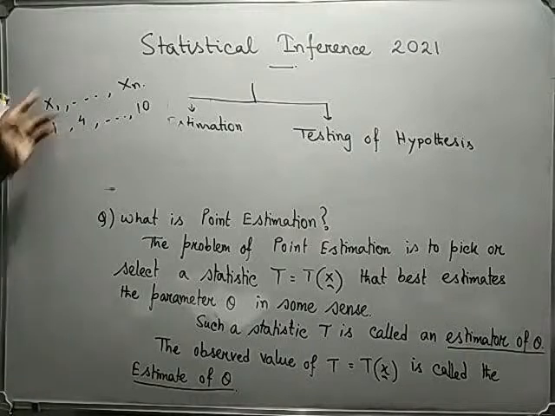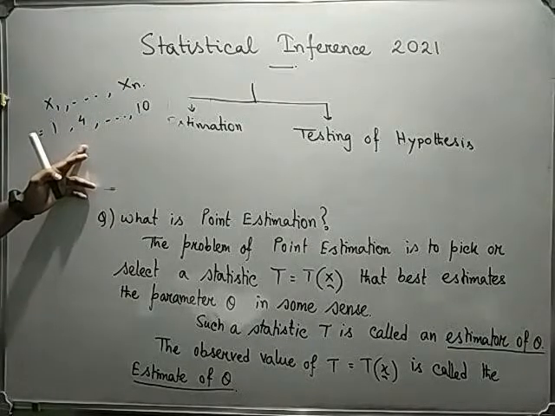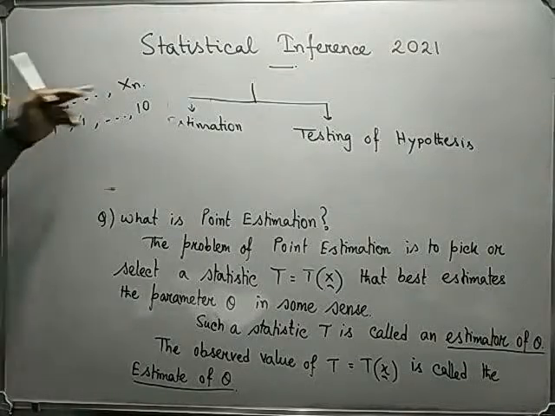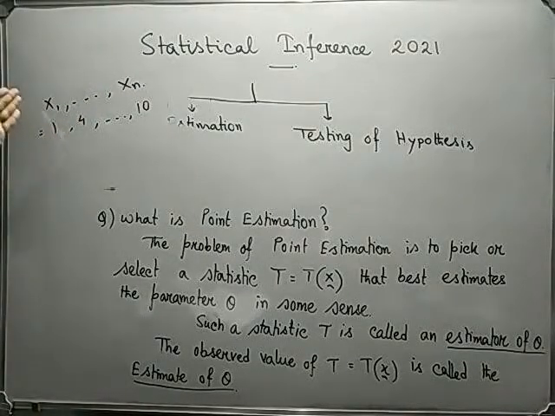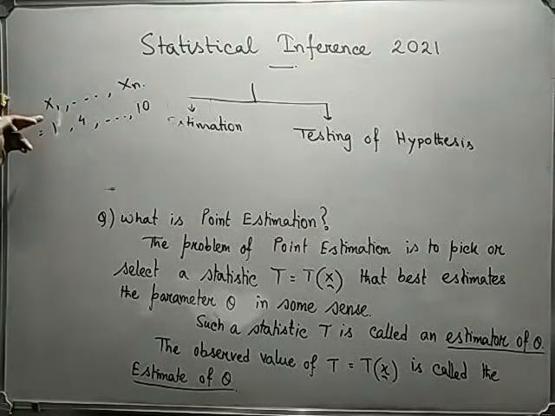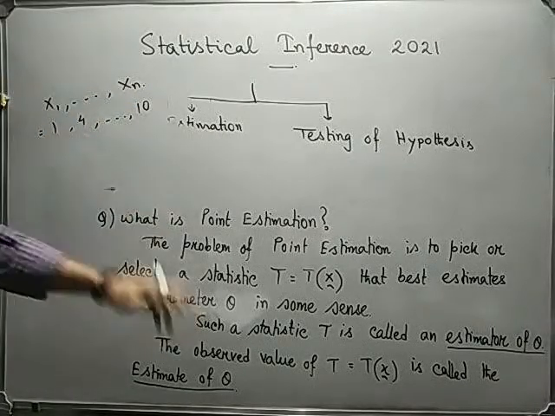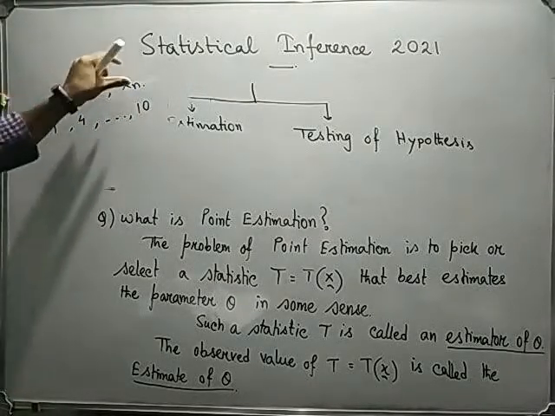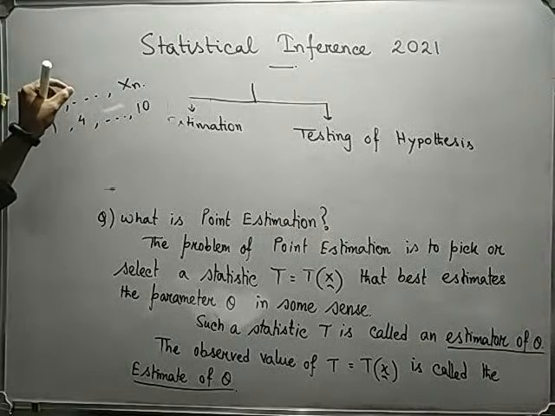Yes, Akash. So I have explained this part, which is observed value. If we have a random sample capital X1, X2, Xn, and we are given the particular sample values of capital X1, X2, Xn, then these sample values are basically the observed values of capital X1, X2, Xn. Okay.